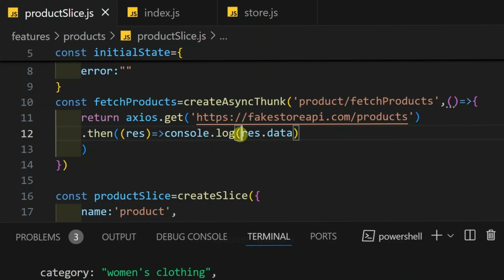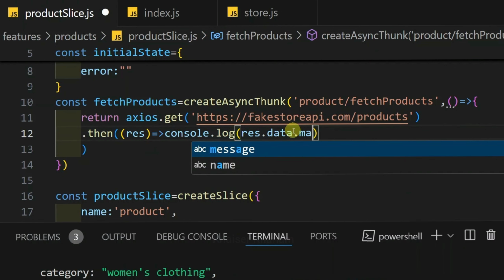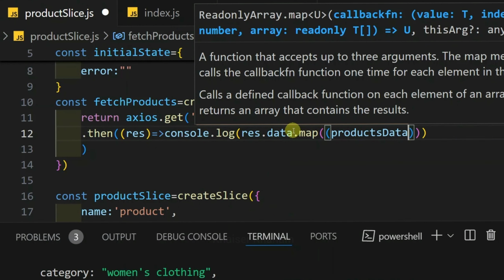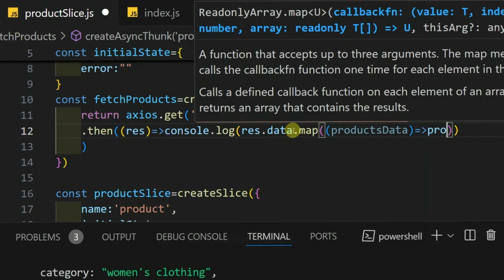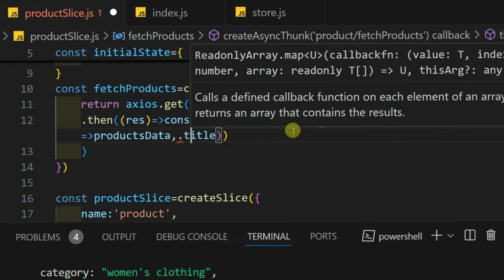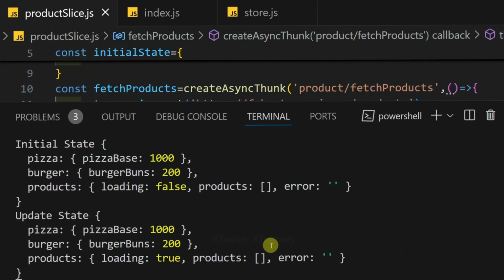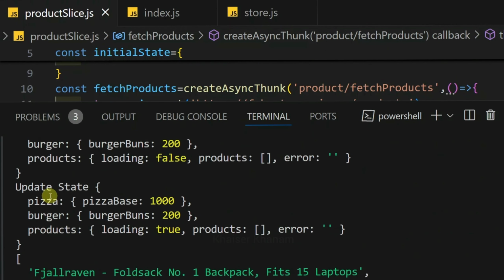But from here, I only want to access the title, and this data is nothing but an array of objects. So I will loop through all the data. Inside this, I will be giving productsData. Here from this productsData, I just want to assign this title, productsData.title. I will open terminal. Again, I am just going to run the command. Now you can see I am able to access all the titles, but inside the updated state, my products property